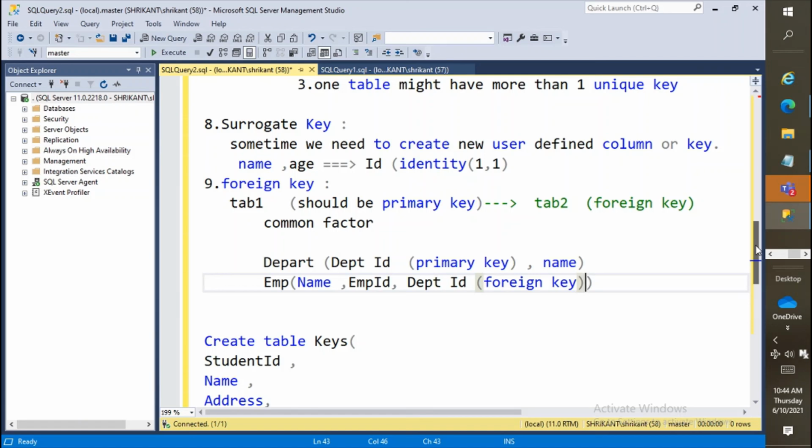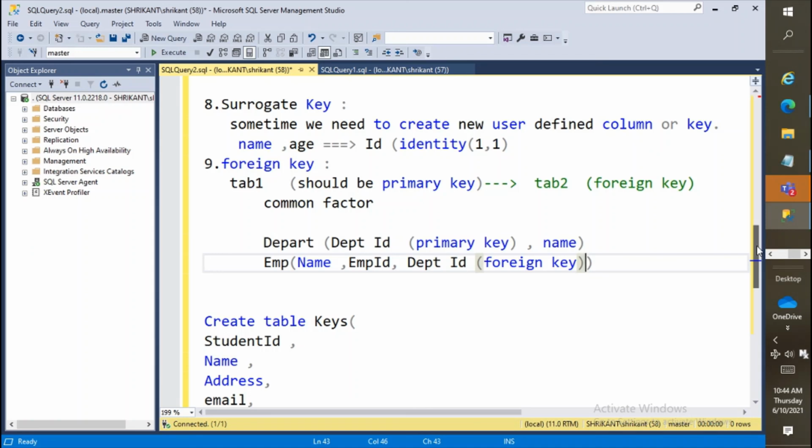I have given you an example. We have name and age data, and if we are adding a new user defined column named id, that would be a surrogate key for that table. Next we talk about the foreign key. If we have two tables and we want to link between them, we say it's a foreign key for one table. So there are a few rules, right? The rules are basically, if I want to use another table's key as a foreign key, then that key should be the primary key in the other table, right? So these are the rules for the foreign key, but there are some cascading rules related to the foreign key we'll talk about in part 18.